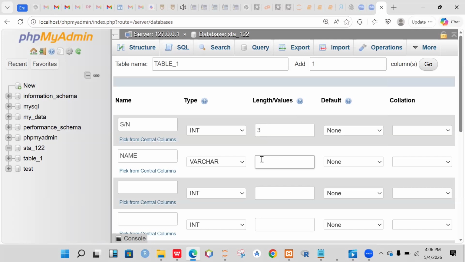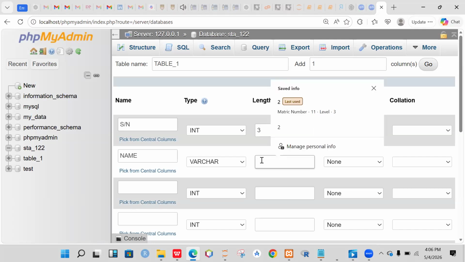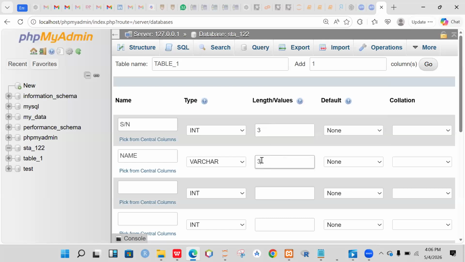If I put 3 here, and you want to write your name, Timileyin, you'll only be able to write TIM. Others will not appear. So if I put 3 here, the meaning is that in your name, Timileyin,